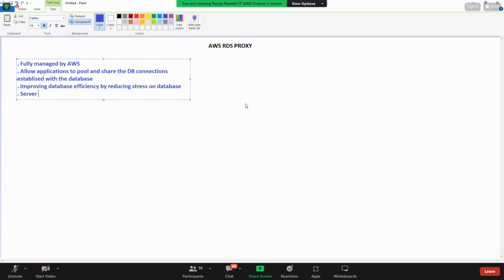And this is serverless. Aurora is, not Aurora, this guy. RDS Proxy is serverless. And automatically you have auto scaling, high availability, everything is inbuilt. So you don't have to worry about it. And it supports only MySQL, Postgres, MariaDB, MS SQL, and Aurora. Which one does it not support? Oracle. Very good. It doesn't support Oracle connections.